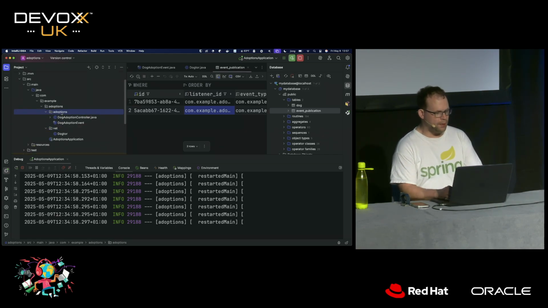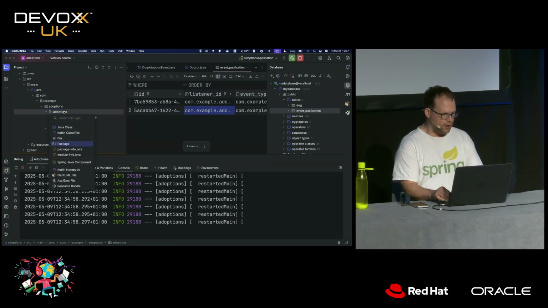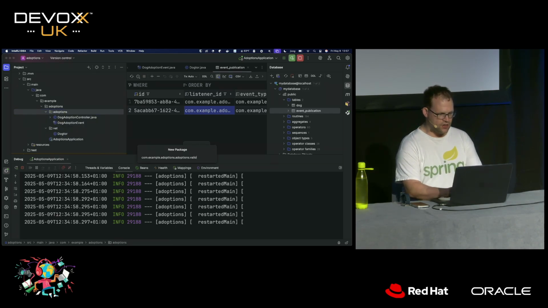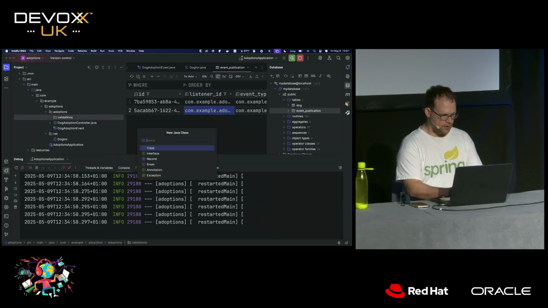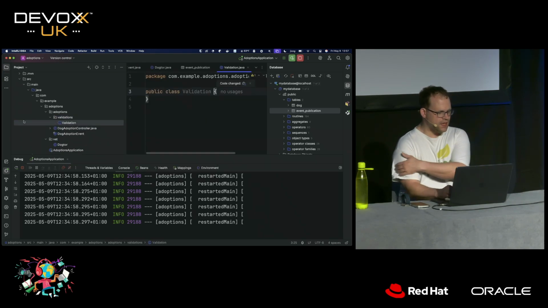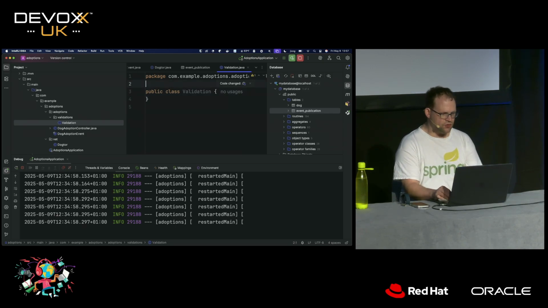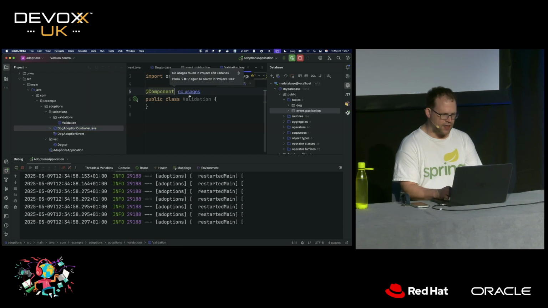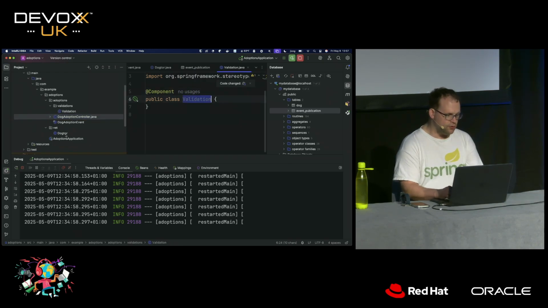These are two root packages, and they've got types in them. And if I had a nested type, for example, a package here called validations, and I created another type in there called validation, well, this is very clearly an implementation detail that I intend only to use from within the adoptions package. I don't expect to export this validation type to the vet package, right? It's a nested thing under adoptions.